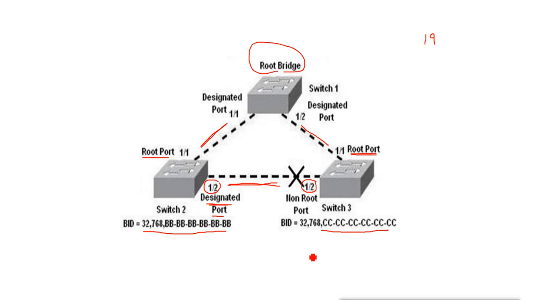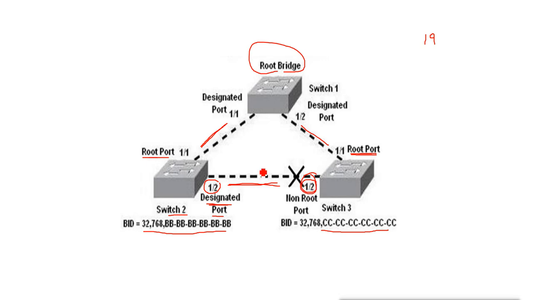We know B means 11 and C means 12. So B is less than C. So switch 2 wins, and switch 2 can keep this designated port running, and switch 3 has to block its port. So on switch 3, this port will be in the blocking state. It is still a designated port, but it will remain in the blocking state